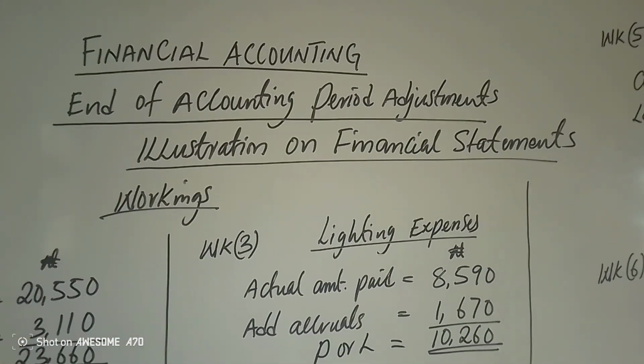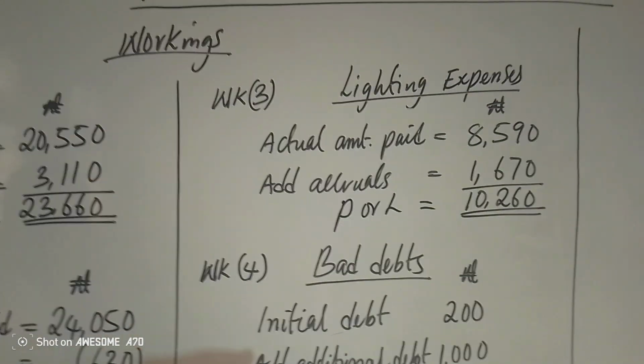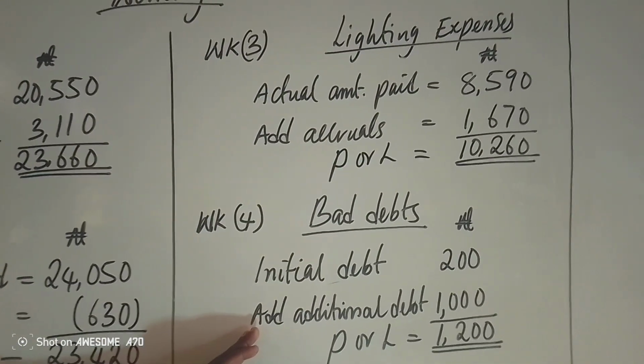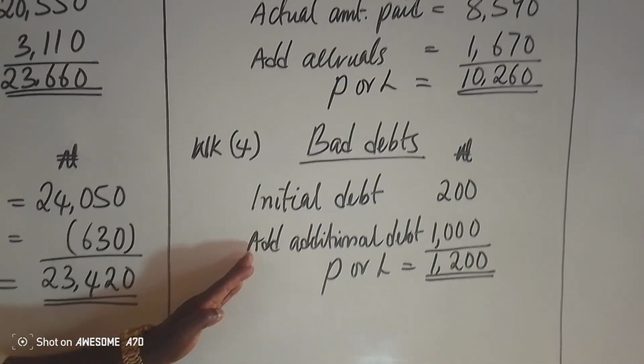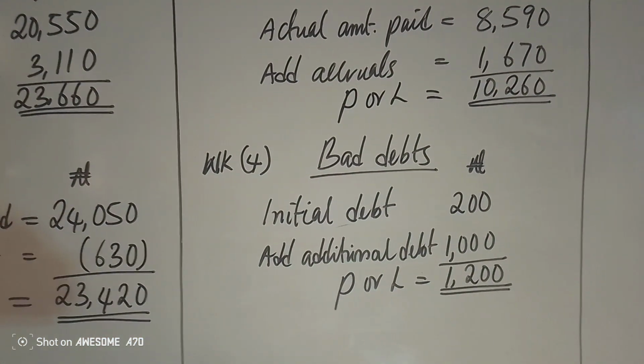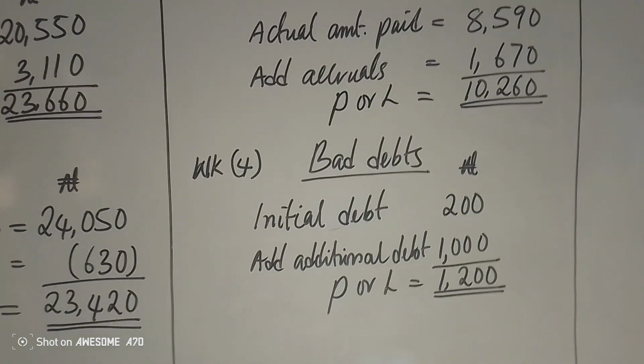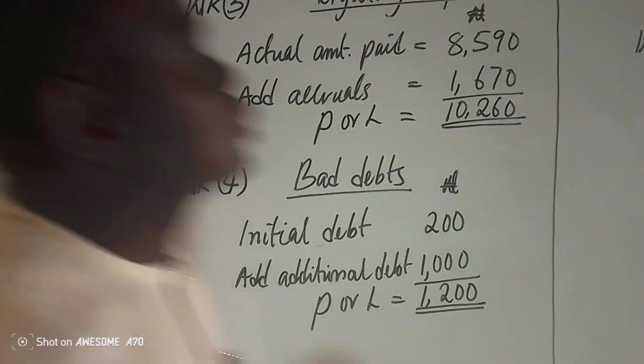If it is only the initial one, you still use it directly as an operating expense. If it is only the additional one, which is found in the information, you still pick it and use it directly as an operating expense. But if there are two, as in this question, add them together and the figure will be used as operating expenses, short and clear. Let's go to the next